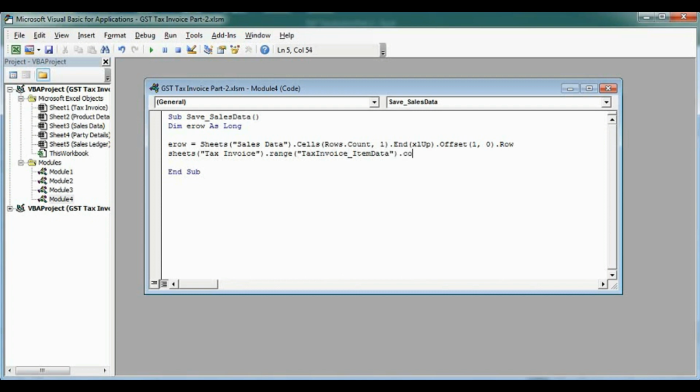So dot Copy, and now we will paste it to the sheet Sales Data. What will be our range where we will paste? We'll paste on the sales last row, that is eRow, comma column number 4, that is column D, then bracket close, then dot PasteSpecial.